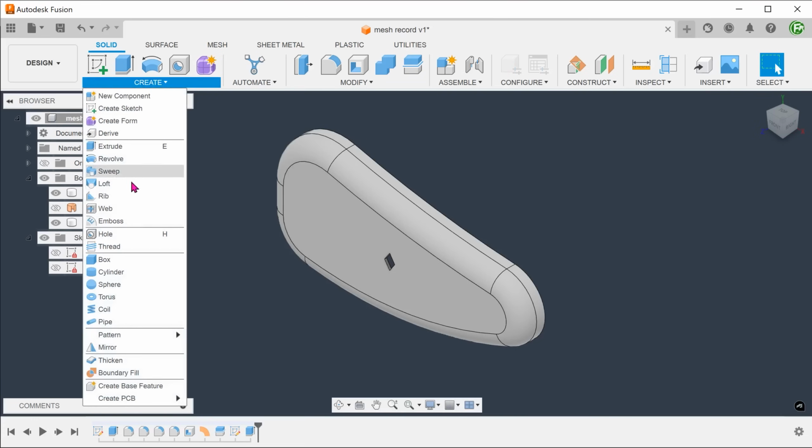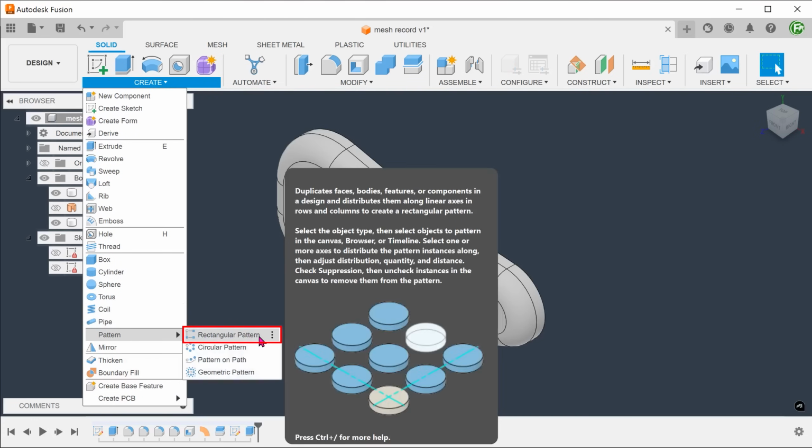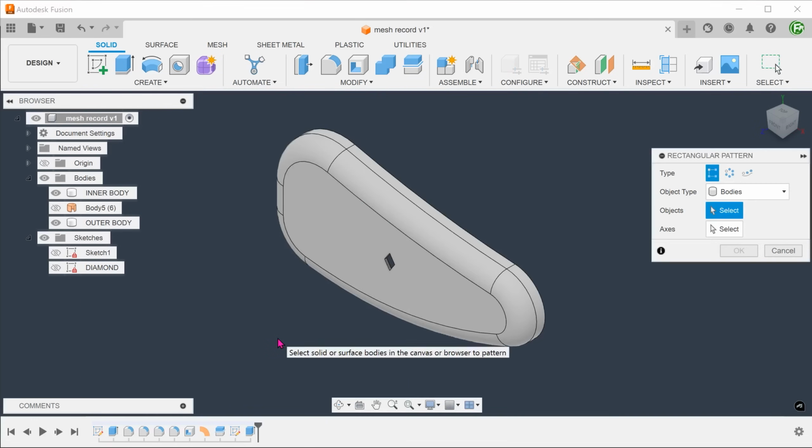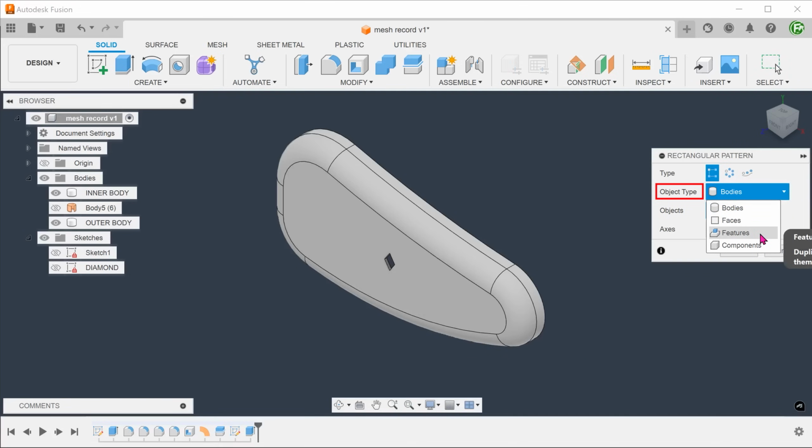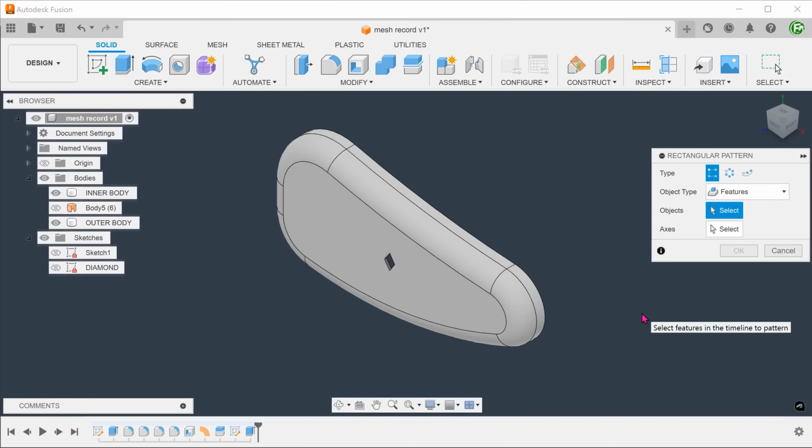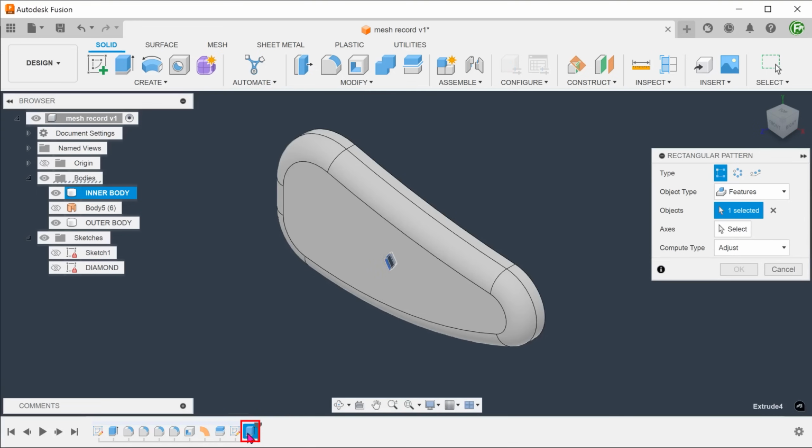Go to Create, Pattern, Rectangular Pattern. Set object type as Features, and select the extruded cut. For axis, click on the select box.